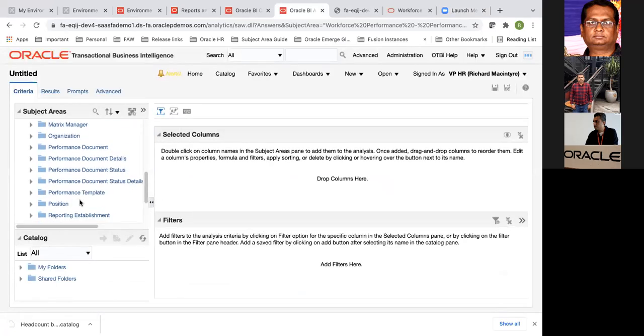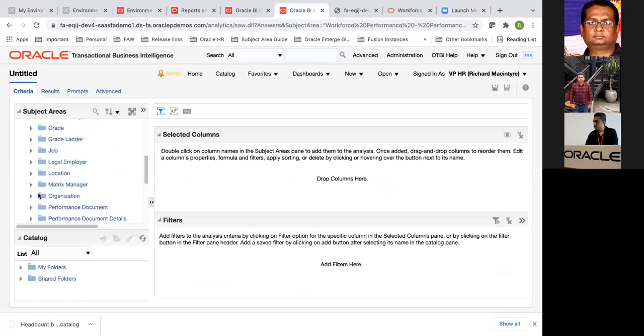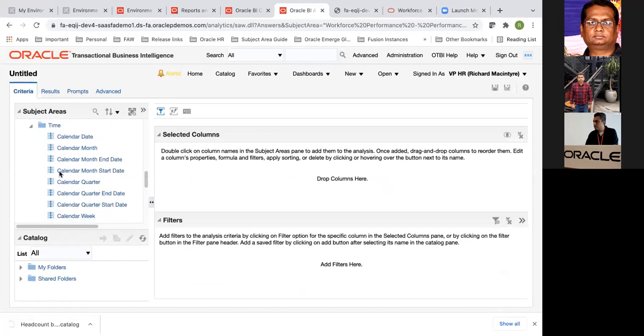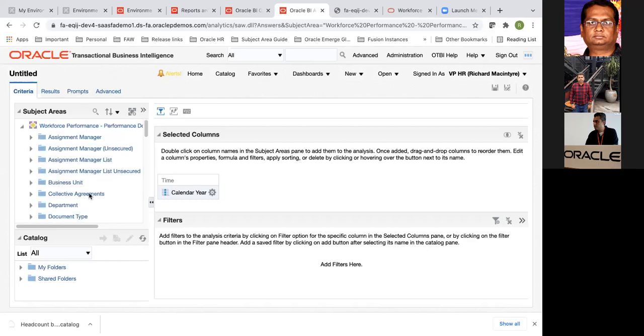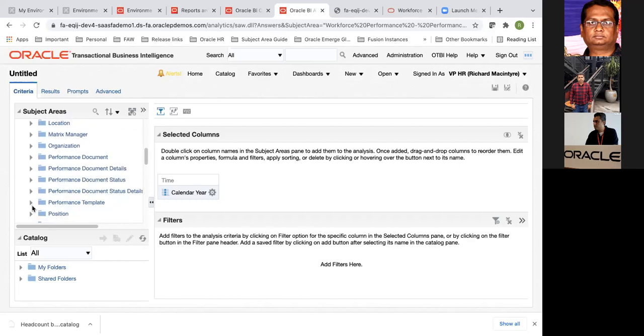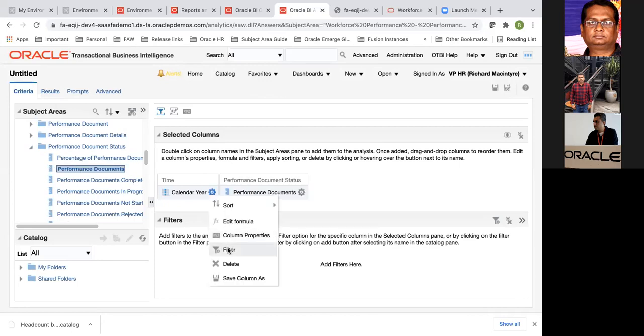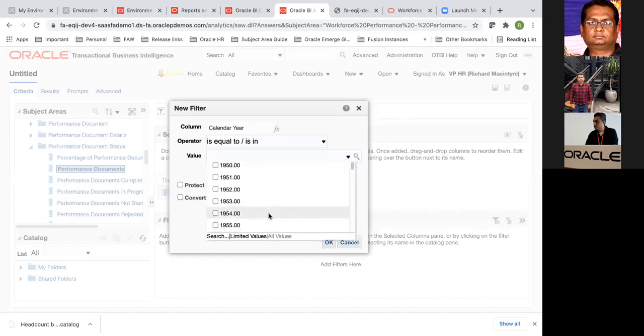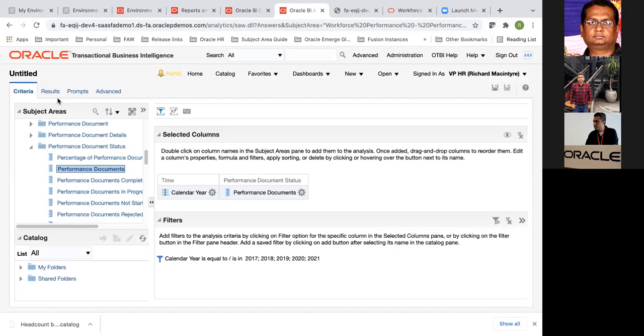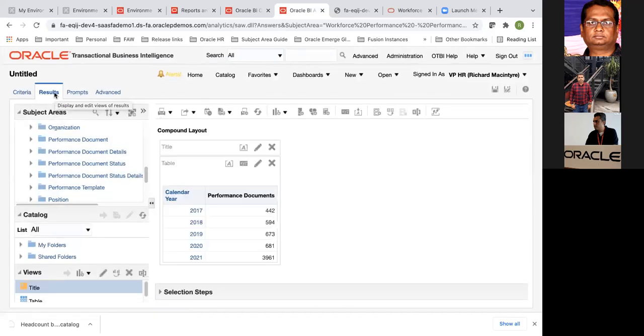As I said, the headcount trend by year, or the salary details by year, etc. I had some bandwidth issue at that time. So this is how it appeared.